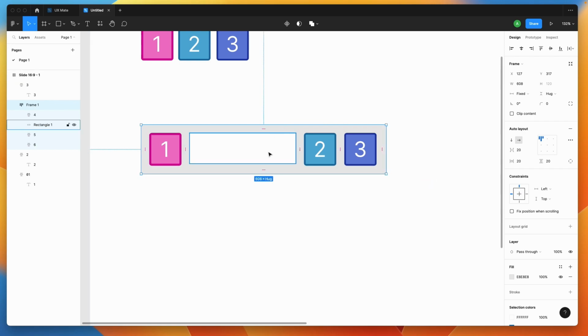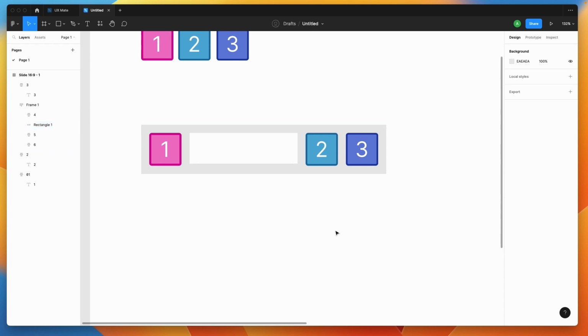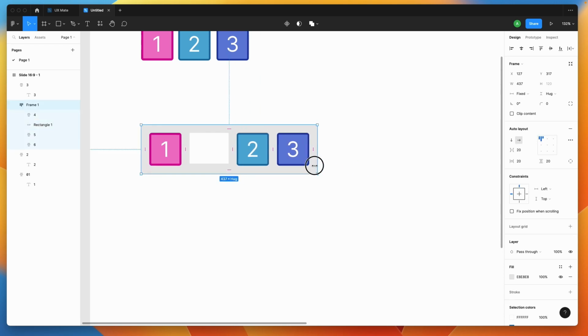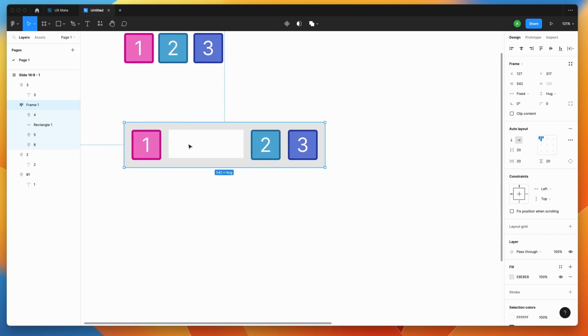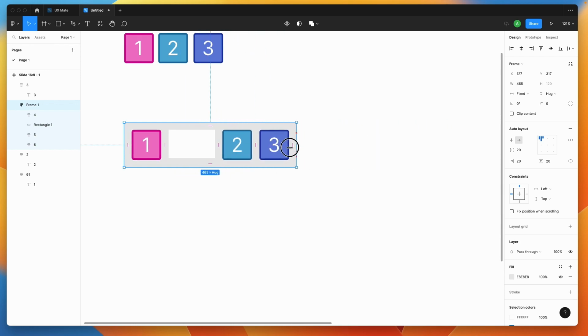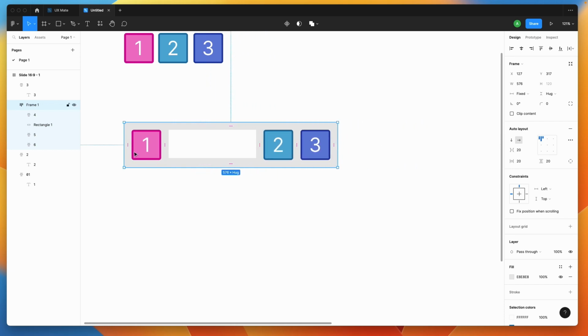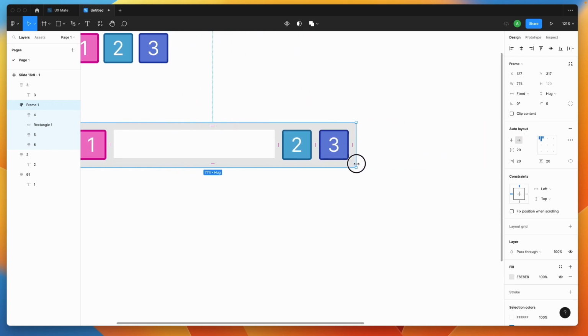So what you can do is you can select this newly drawn rectangle and you can change the width of this to fill container. So now whenever you change the width of your parent container, it will maintain the consistency of the spacing which we have given, no matter how your layout is. So with the help of this, you can simply create responsive menu items or menu bars. Let's say your left hand side is your brand logo, and your right hand side has a notification bell icon and menu icon. So with this you can easily create such layouts,